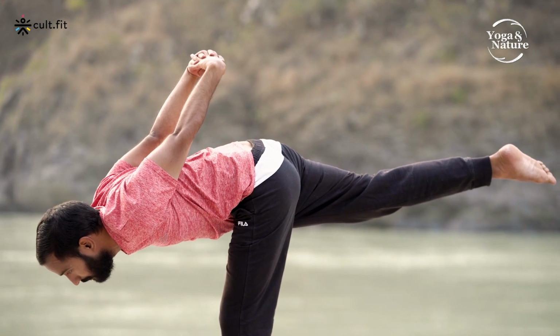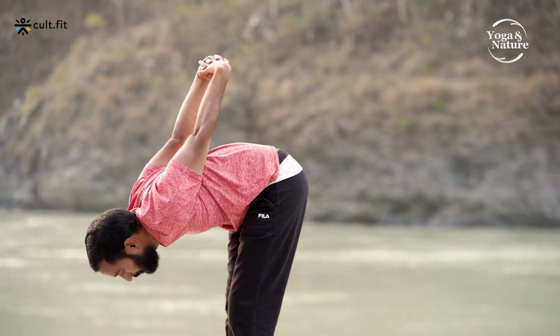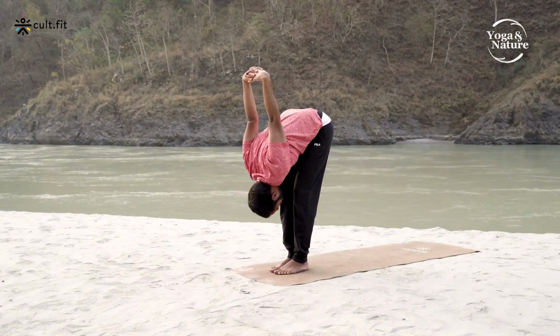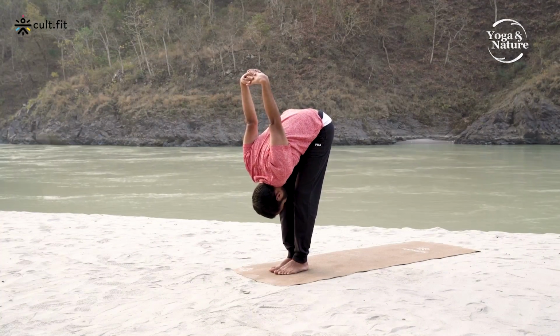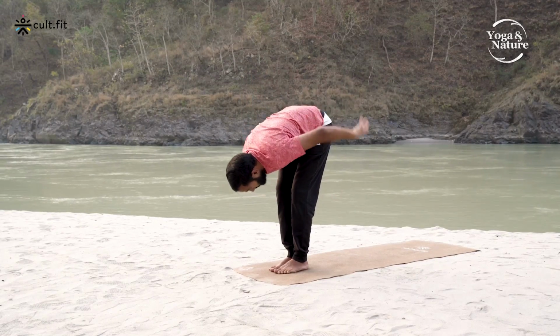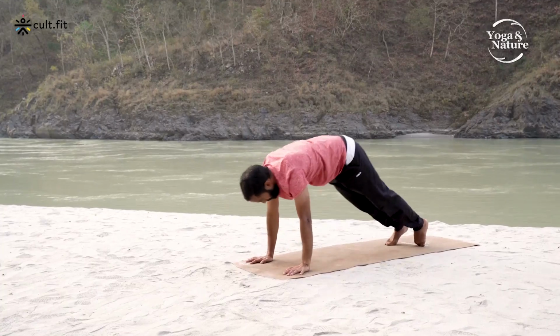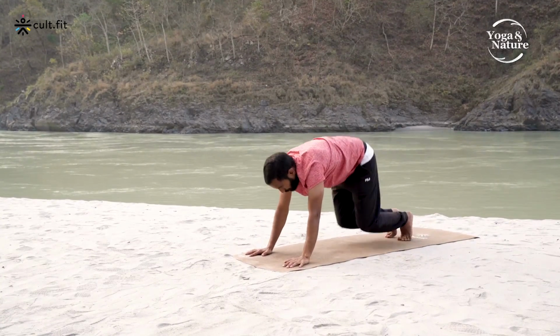We stay here for 5 breaths. 5 breaths done, you drop this down and fold forward fully. We stay here for 5 breaths, and then releasing this, jump back, Chaturanga, Urdhva Mukha, Adho Mukha, jump through, and